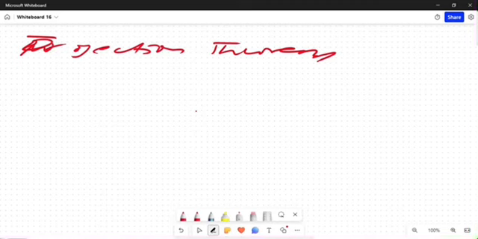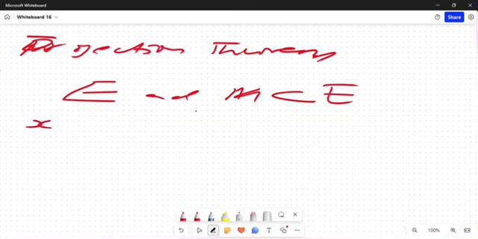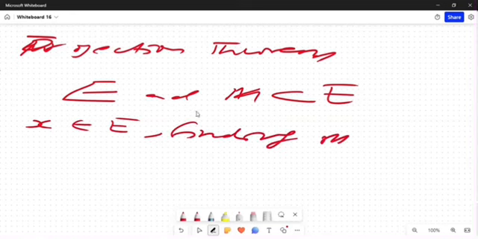Okay, what I mean is that if you have an inner product space E, and M is a subset of E, and you pick up an X in E, there's this problem of finding an element, maybe we call it M star, in the subspace M, which is closest